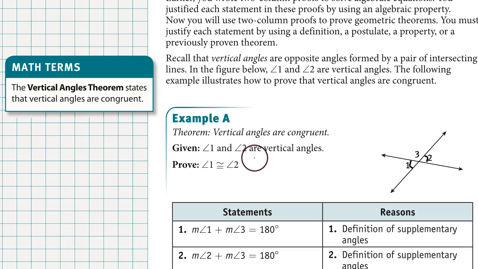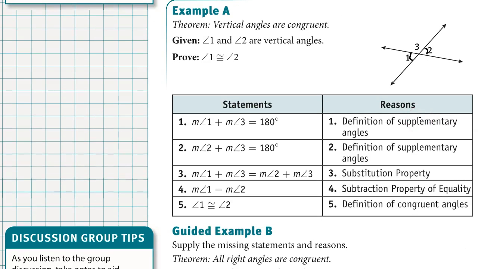So our format for proving that something is true is called a two-column proof. All of our proofs this year will indicate what we have given to us to work with, that angle 1 and angle 2 are vertical angles. Based upon that fact and the drawing that shows that to us visually, let's prove that angle 1 is congruent to angle 2. The proof will have several steps logically connected, written in a two-column format. The left column will be statements, things that we write down, and the second column will be the reasons for